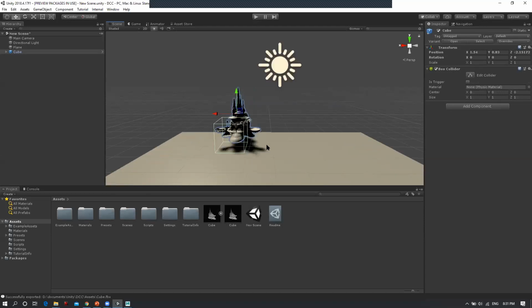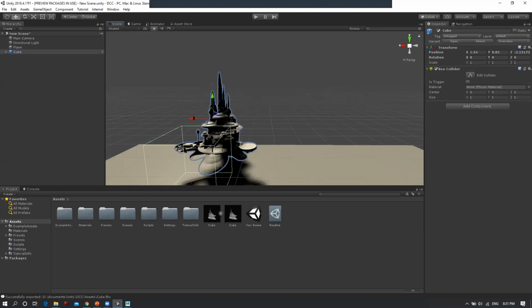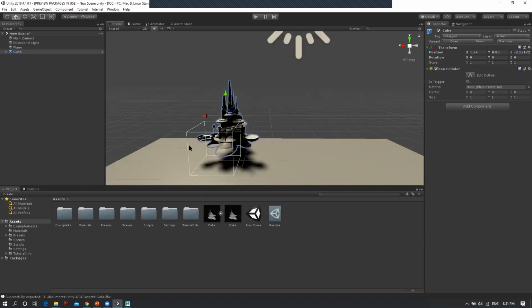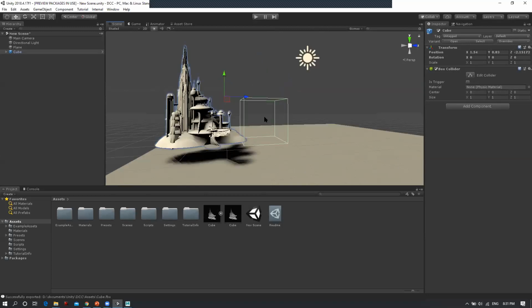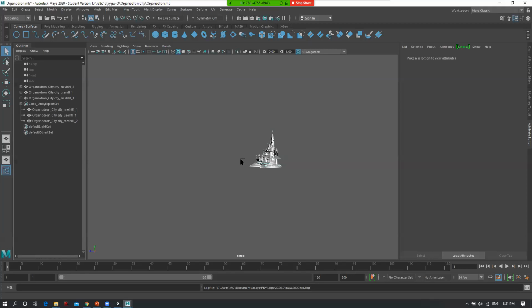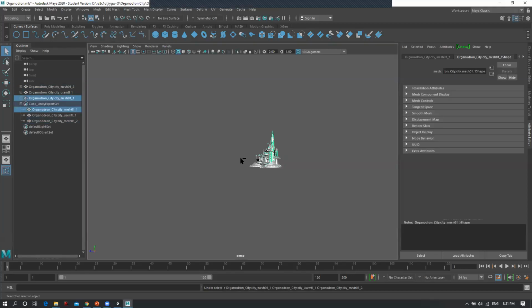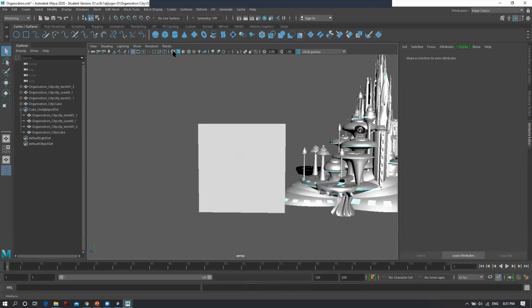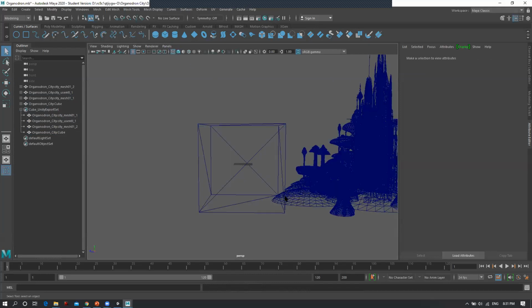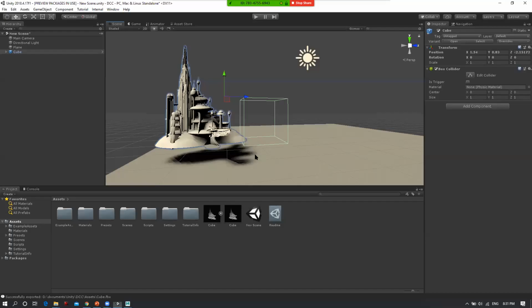Now I've said one thing, that if your pivot point is not set properly, this kind of thing will happen. So if you see this right now, this object is outside your cube, right? And why is that so? Because if I just undo the cube, you can see there is just one part there. Let me just go to the wireframe mode, and you can see the small mesh of it is inside this cube. And if you see over here, let me just go back to the wireframe as well over here.